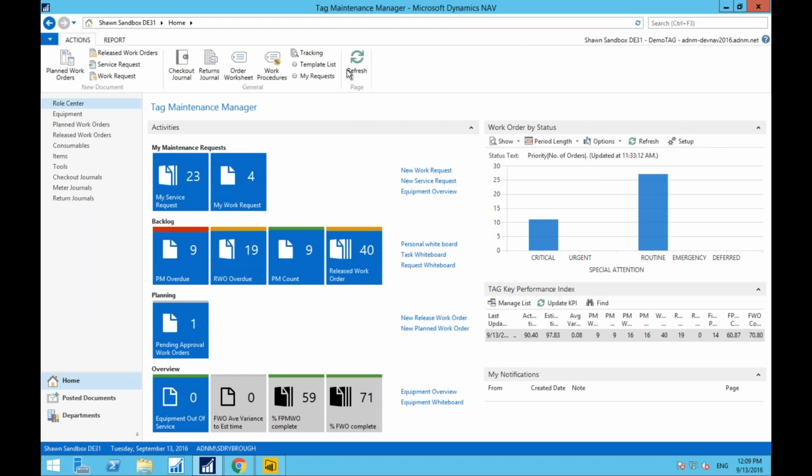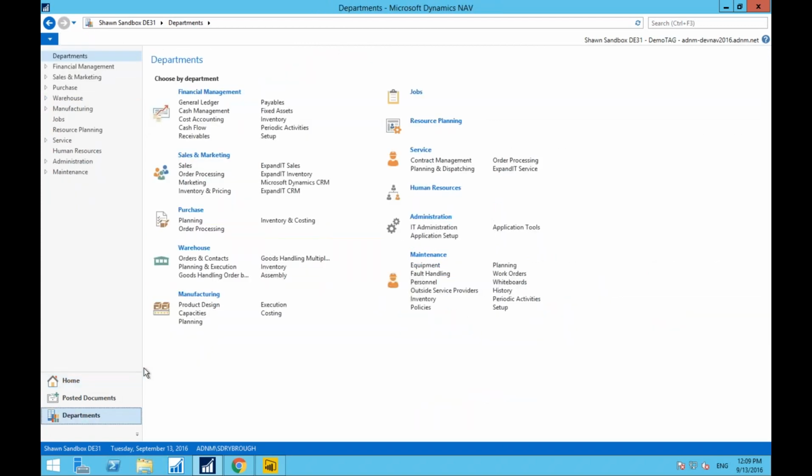What you're looking at right now, Tag Maintenance Manager. A couple of things I want to mention before we really get started. First, from a department's perspective, this is an ERP system, and maintenance is built directly into the ERP